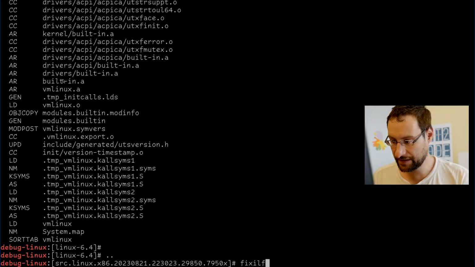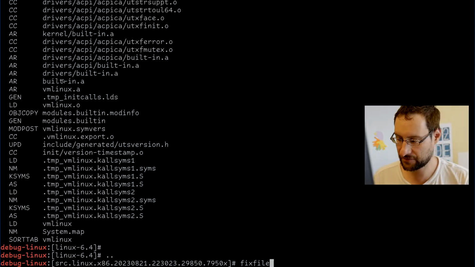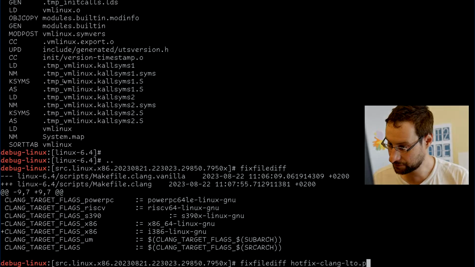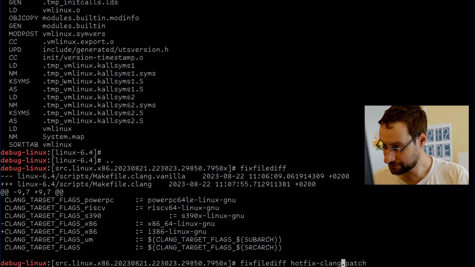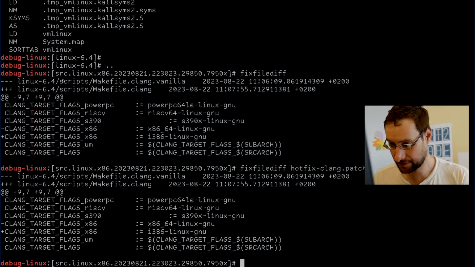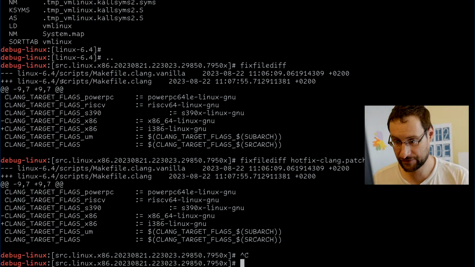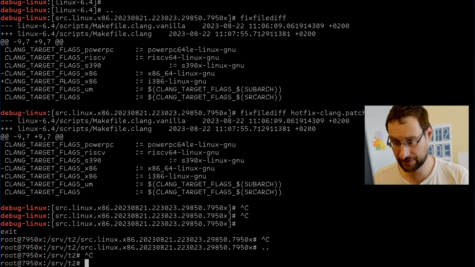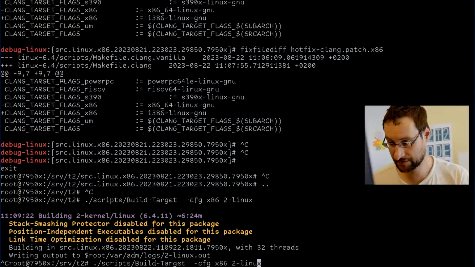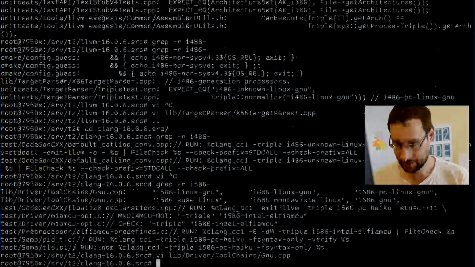So it's of course possible to patch it in there, but given that they don't have an x86 sub-arch differentiation at hand, we could also do it like a hotfix, a Clang LTO patch or just Clang. It would be that, I believe. So then we conditionally patch this only for 32-bit x86. That might be all that we needed. Actually, you know what? Let's build this for both.